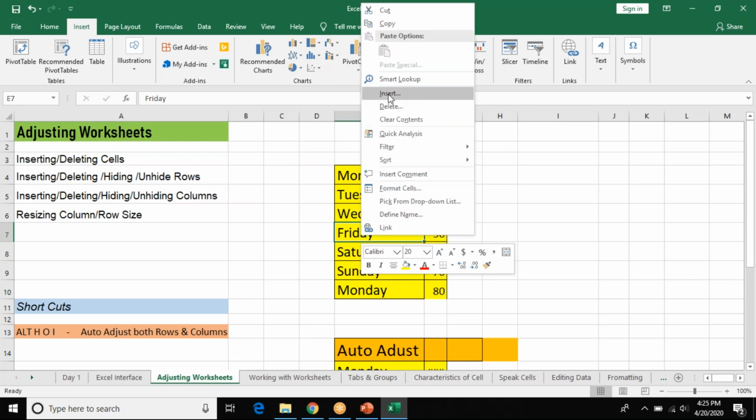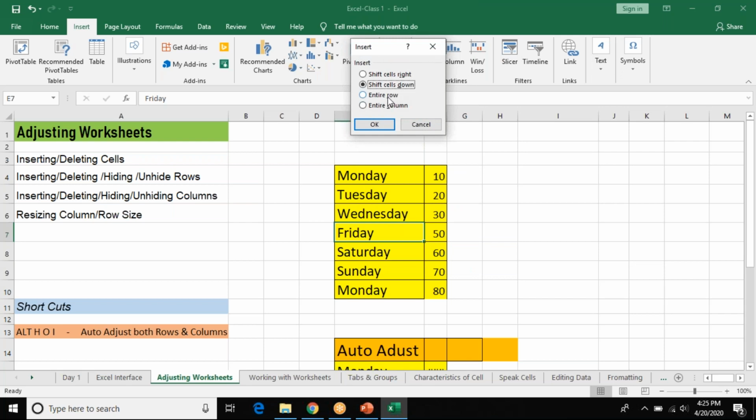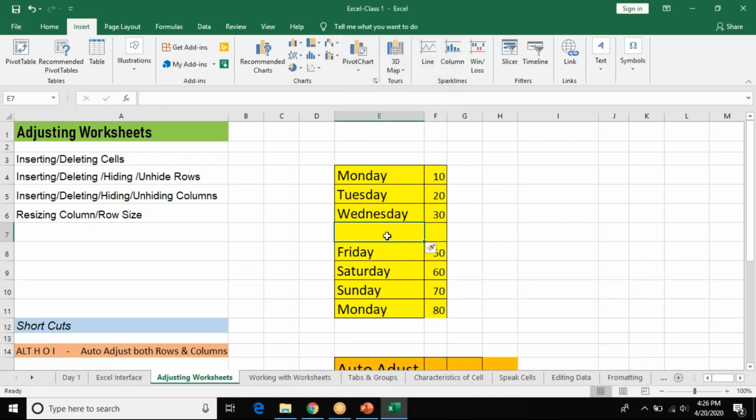You have an option called insert. I will click on insert. You have the third option called entire row because I want Friday and 50 to come down. So I click on entire row and click OK. See what happens. Now you can type Thursday and here you can type 40.